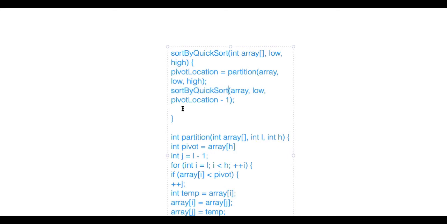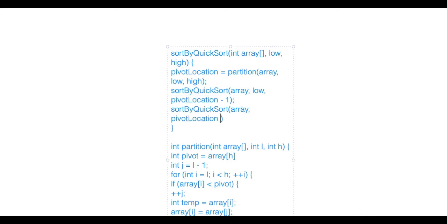And then we will do a similar thing on the right side. How to go to the right side? Array and pivot location plus one to high. We are done.